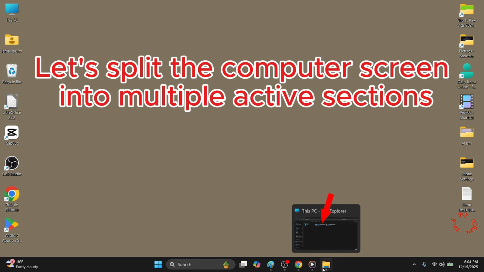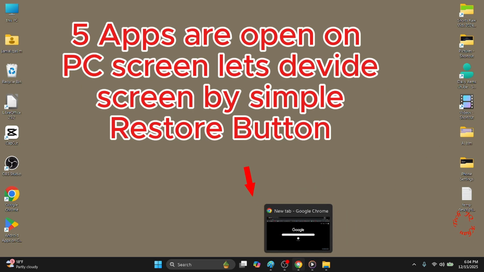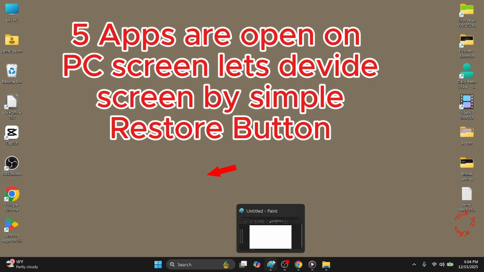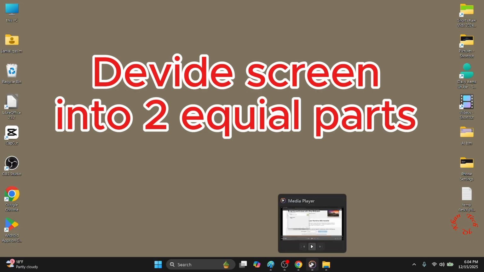Hello viewers, let's see the fantastic function of the restore button in between the minimize and close buttons of Windows. So let's split the screen into different sections for swift switching of different apps. Now you can see 5 different apps are open on the window, and let's open any one to see the stunning function